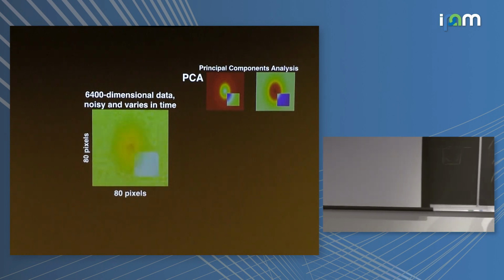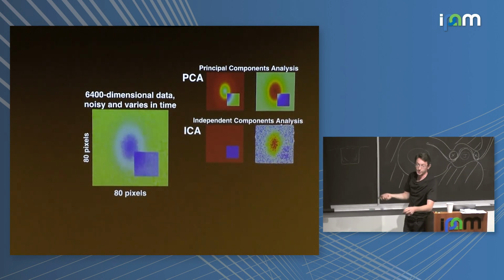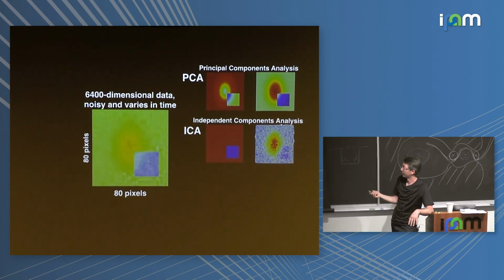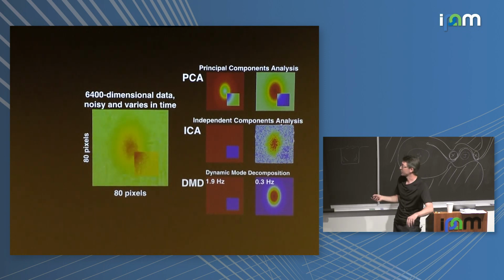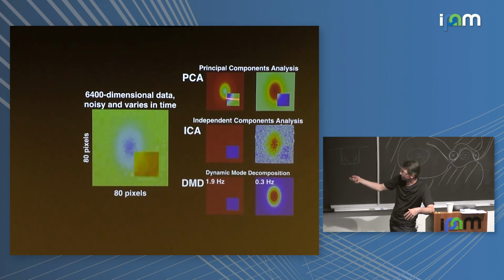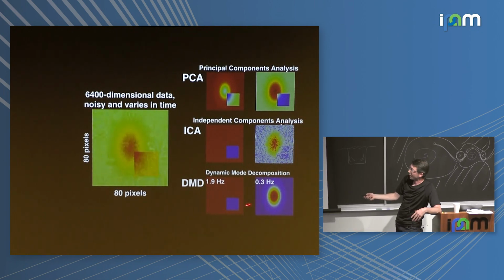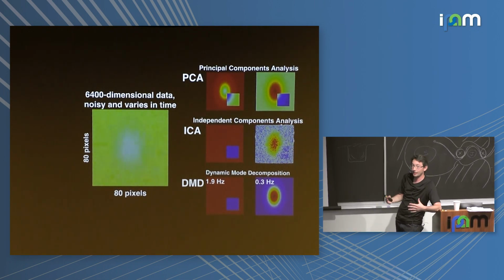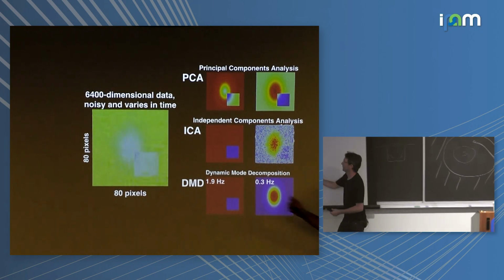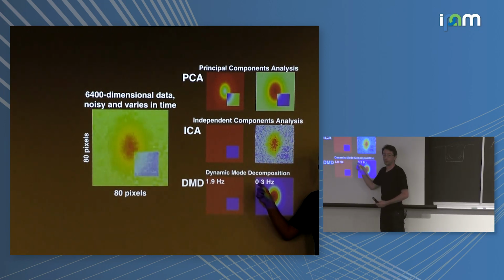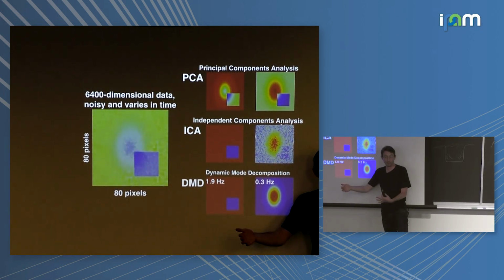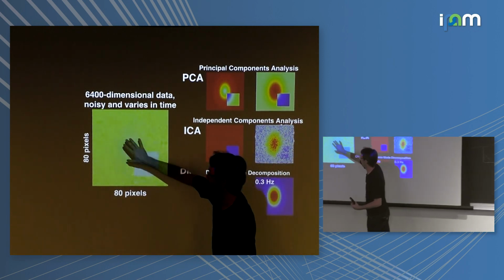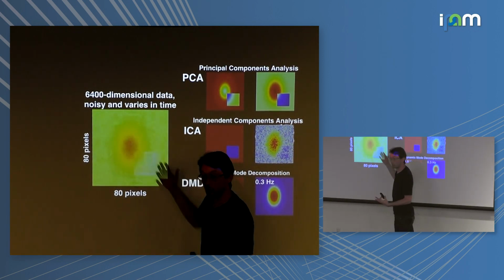And so when you do the, I guess I should show you ICA. Actually, ICA does a pretty good job, independent component analysis, but it does keep a lot of the noise in the Gaussian term. And essentially what DMD allows you to do is it separates out, by finding a linear combination of these principal components, these two structures by their time scales. And importantly, it actually gives you an eigenvalue. So you have a model for how this evolves in time. This case works because this is separable in space and time.